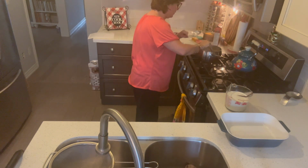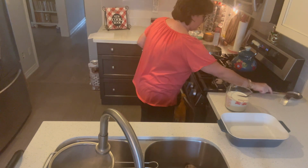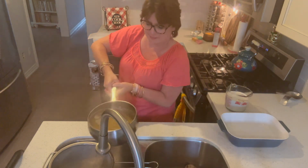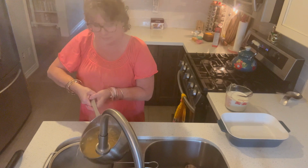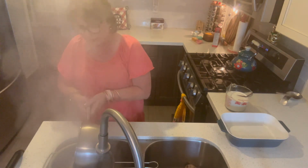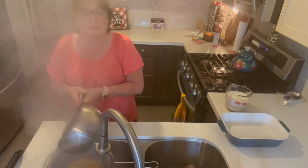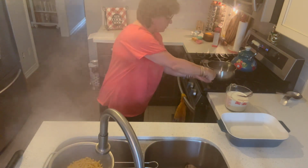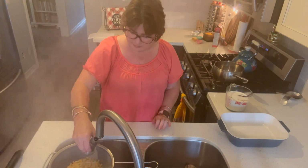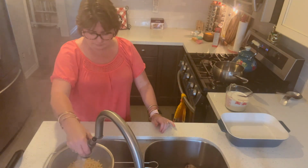So the recipe says to cook the pasta for 7 to 9 minutes until tender. It doesn't say soft, so I'm guessing al dente, because you are going to bake it in the oven. Then after it's tender, they want you to rinse your pasta with cold water. So really there's no need to salt the water, because you're rinsing it anyway. So you're going to give this a good rinse